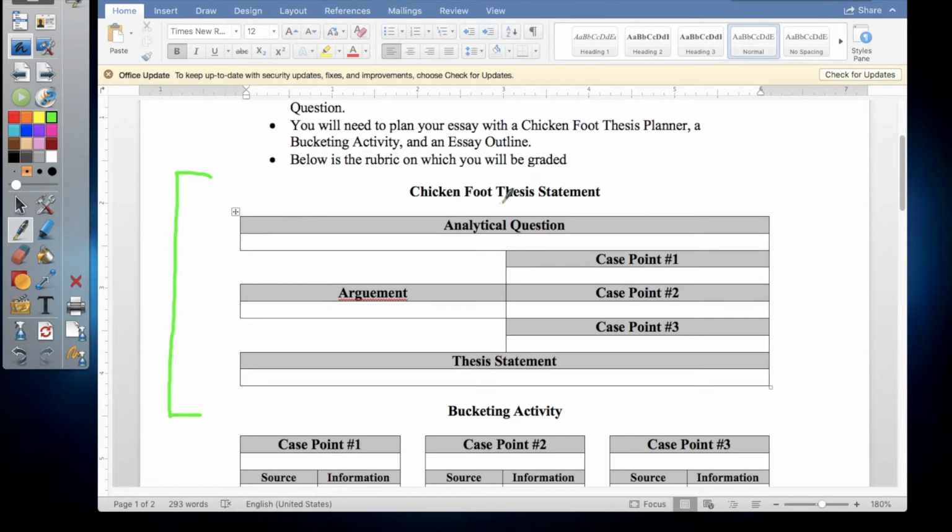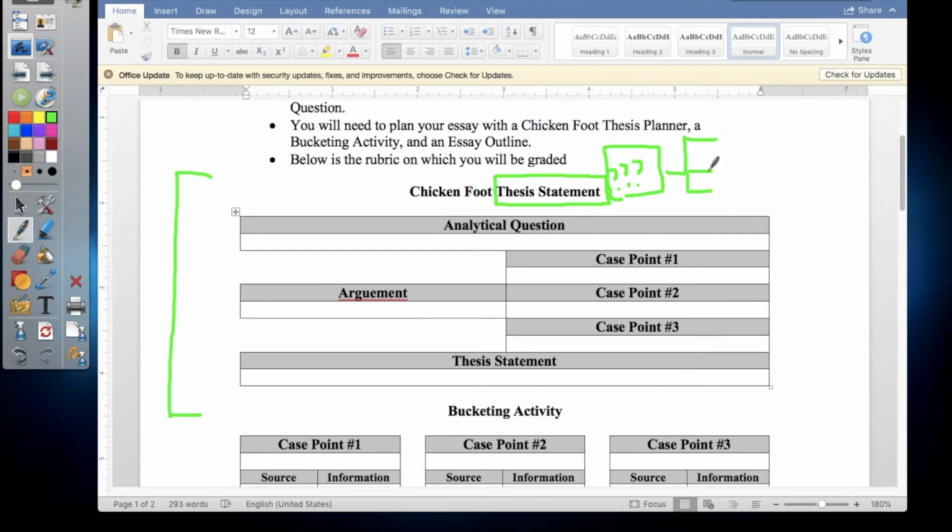The reason why that is the case is because this planner will help you plan out your thesis statement. All right. Now, for those of you who pay attention in your language and literature classes, you basically already know what a thesis statement is. A thesis statement is basically the argument of your paper. It's basically the core. It's what your whole paper is going to be about and how you're going to go about explaining that argument. So planning out your thesis statement is actually super important because whether you're aware of it or not, the moment that you plan out your thesis statement, you're actually planning out the course of your entire